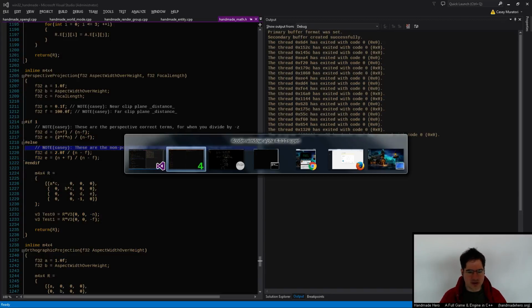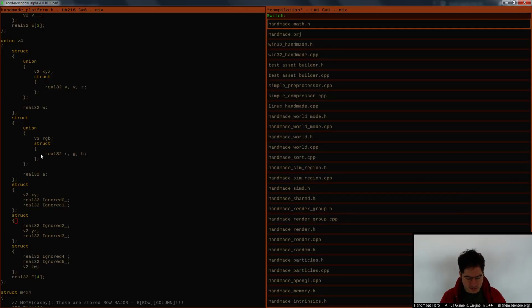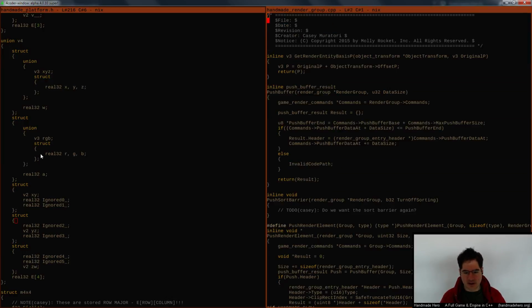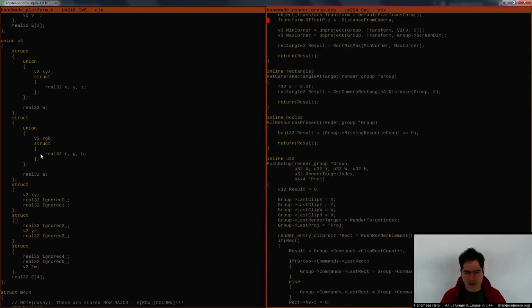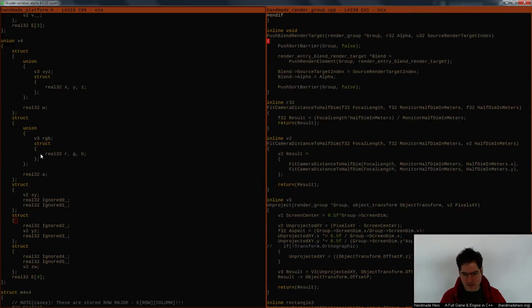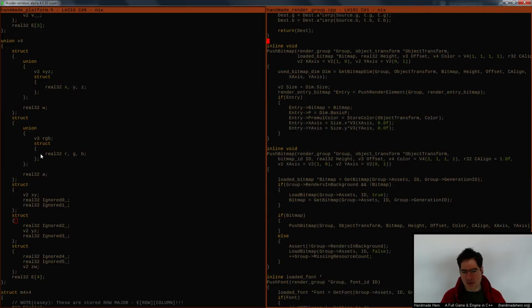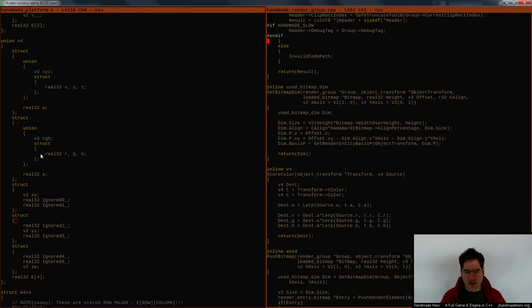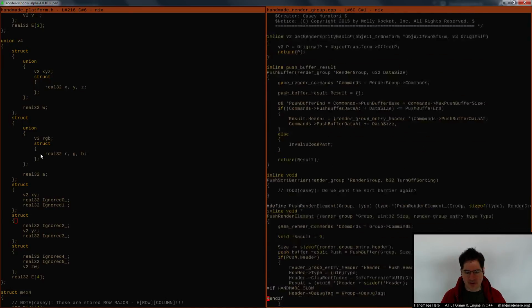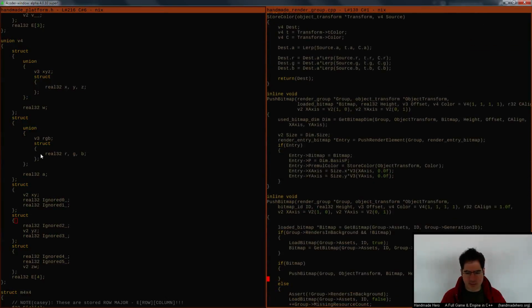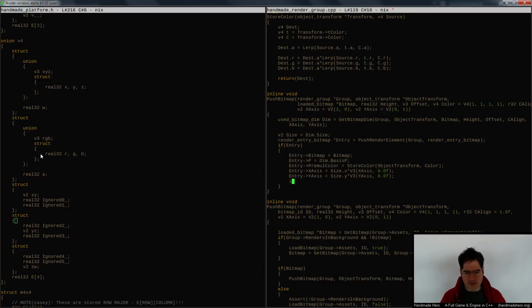Although I guess, just to double check that that's true, I should do something in render group to make upright stuff tilt up like we were doing before, because then we can actually see if the z is properly doing occlusion, which we don't necessarily know that it is at the moment. So if I take a look at the push bitmap call here,